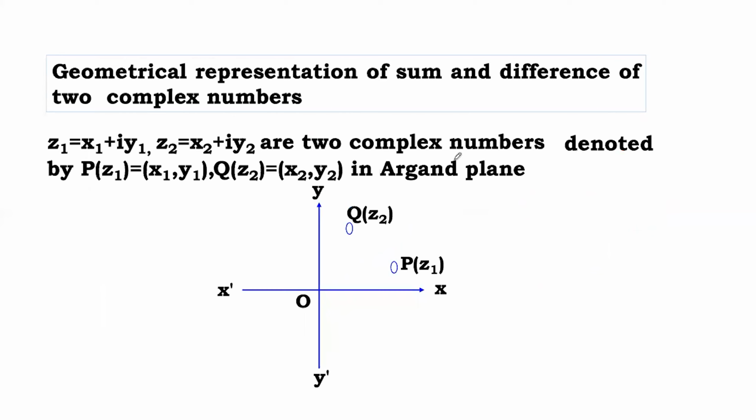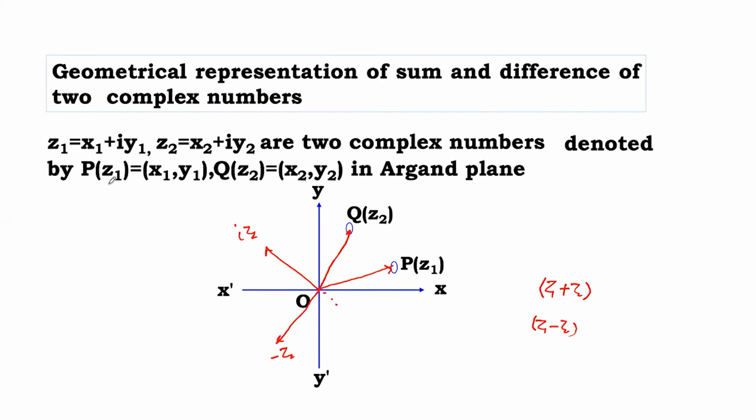Now, geometrical representation of sum and difference of two complex numbers. Let's suppose two complex numbers are given, one is Z1 and the other is Z2. Now we have to add and find where Z1 plus Z2 will lie and where Z1 minus Z2 will lie. First, we know that this will be minus Z2. We have already seen that this is the angle 180 degrees. And if you require, this is iZ2, and similarly on this side you can take minus iZ2.